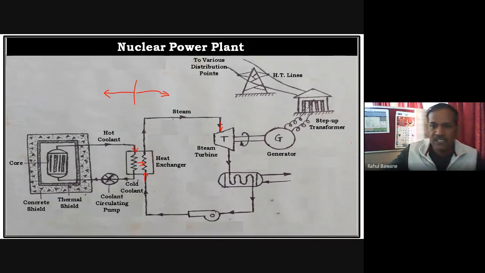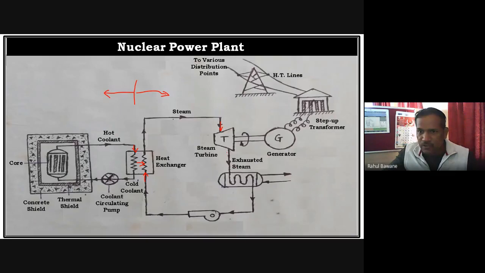Now what happens in the second part? When the steam passes through the steam turbine, almost all of its energy is utilized to convert into mechanical work. Whatever exhausted steam remains, remember I am saying exhausted steam, it is still not converted into a liquid. It is in steam form, but now at a lesser pressure and lesser temperature, still in gaseous form. Almost all its energy is utilized to run the turbine. Now the exhausted steam we have to cool down by using a condenser.